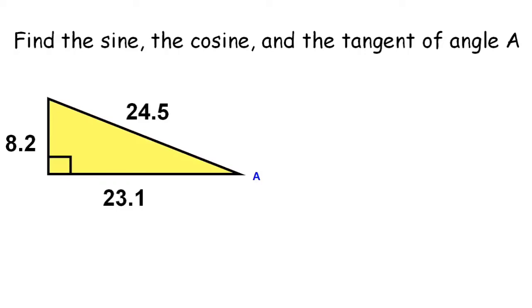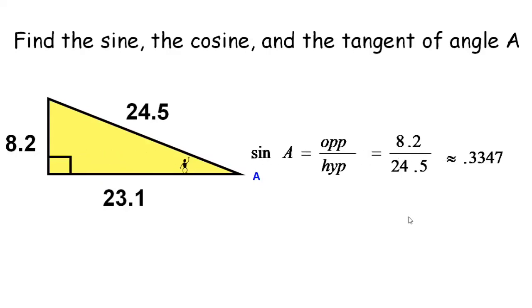Another one, find the sine, the cosine, and the tangent of angle A. So this time we have our hypotenuse equal to 24.5, and with respect to this angle, we have our opposite side, which is 8.2, and our adjacent side, which is 23.1. For our sine A, that is equal to opposite over hypotenuse, then we have 8.2 divided by 24.5, and that is equal to